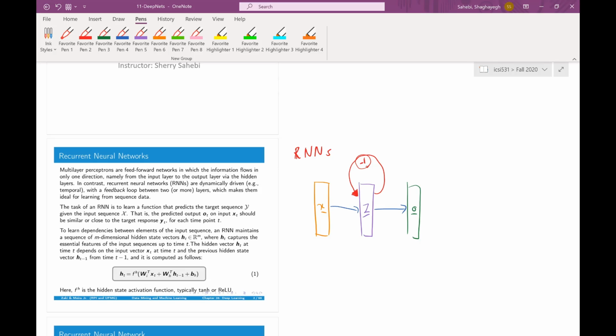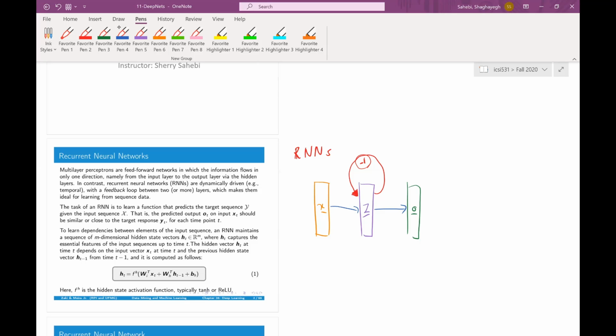For example, suppose that you are having sentences as your sequences, right? And each word depends on what you want to say at this time. And that thing that you want to say at this time is summarized by a hidden state at the previous time in this sentence. So the sentence so far plus what you want to say at this time, right? Okay, so if that's the case, then